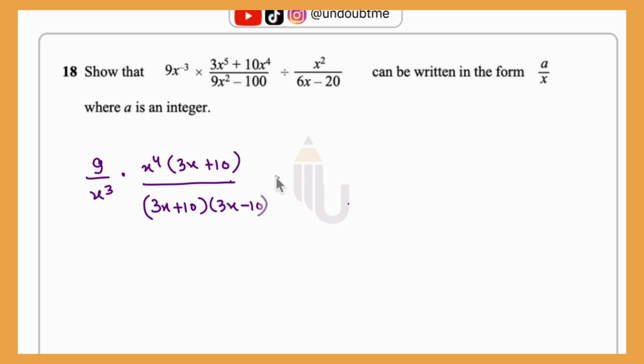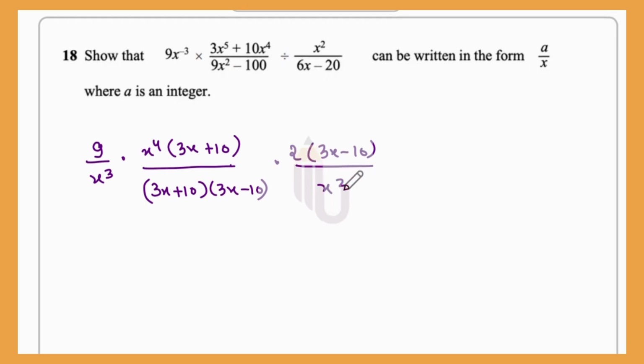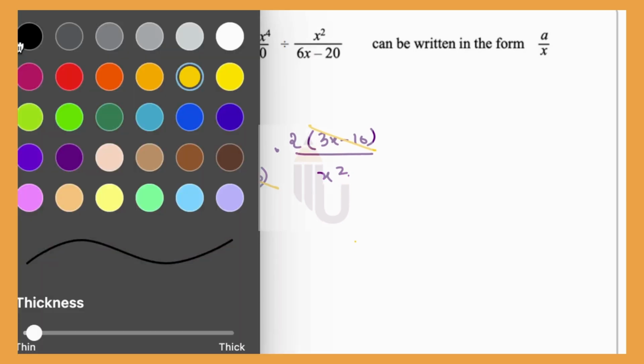It is the same thing what I did in the previous question, so I'm just doing it directly now. 6x minus 20 can also be written as 2 common, 3x minus 10 over x square. Now we have all terms, we can just try to cancel them, the common ones, and we are finally left with